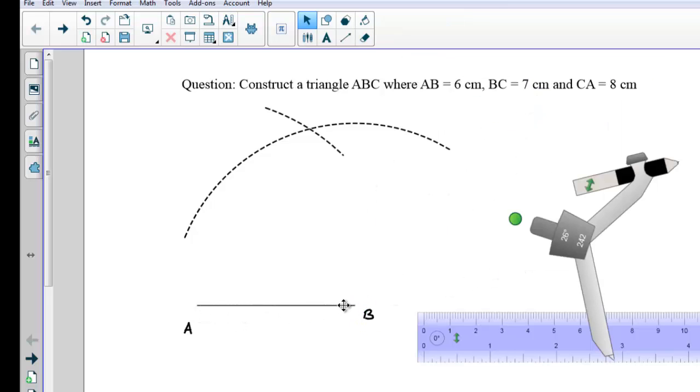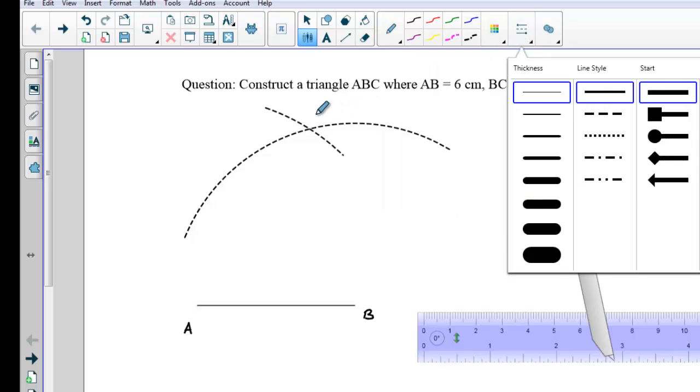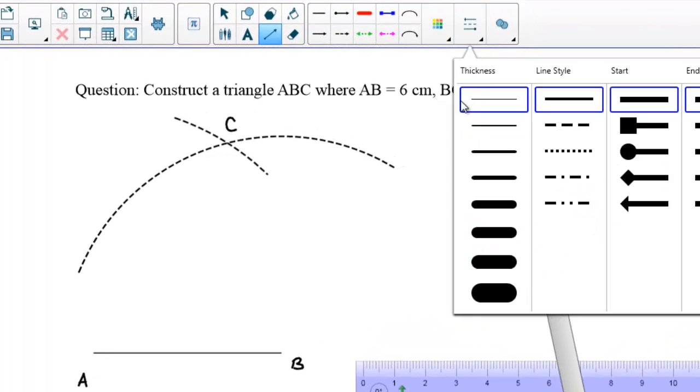So you can see that AB is a straight line, but the two arcs are construction lines. That means the intersection point of the two arcs is right away point C, so I can mark that before I forget. I'm going to write C. Now if I join point C with A and B this way,